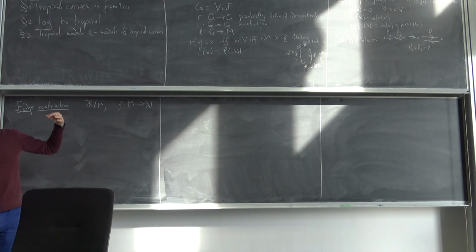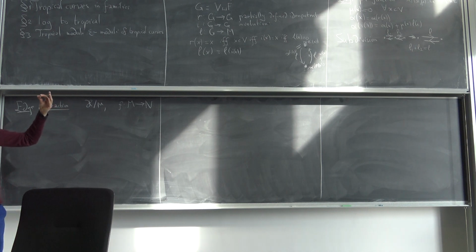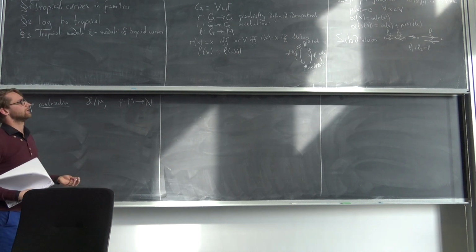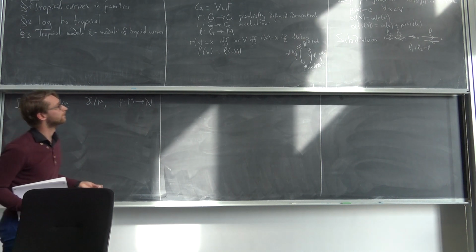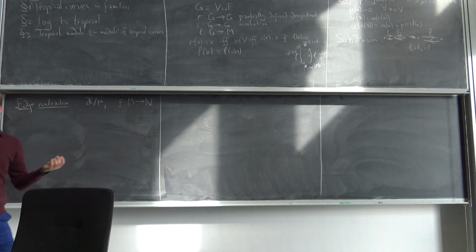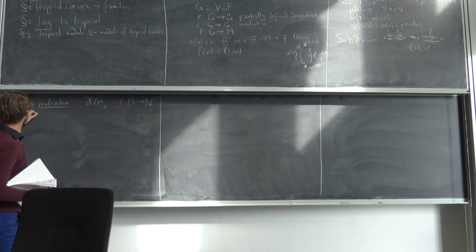You just apply the function to every length, and that's fine. The main problem is that length cannot be 0, so we contract every 0 length edge. Now there's another problem, because we can only contract edges that are actually connecting vertices. So we need that